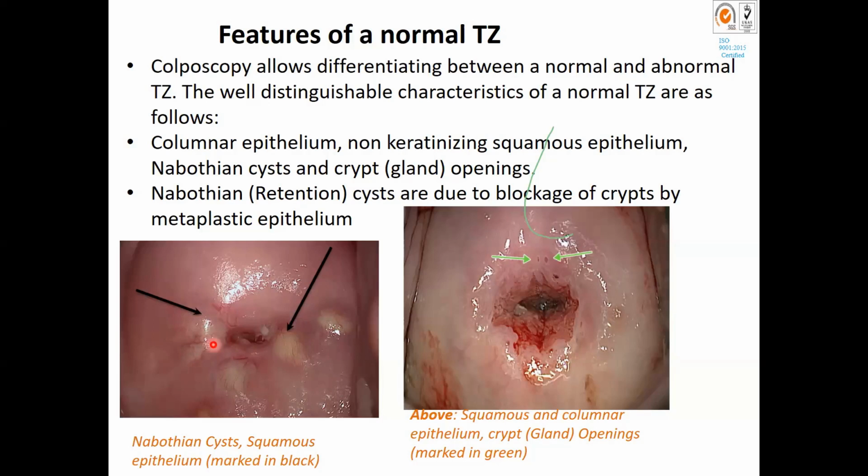Nabothian cysts come about because the columnar epithelium is usually a single layer epithelium, and it usually has crypts, which are curved. The crypts collect the mucus, because the columnar epithelium is a mucin-producing epithelium. And in the process of metaplasia, where the squamous epithelium is covering the columnar epithelium, the crypt openings are covered by the squamous epithelium. In the process, the inner part, the inner